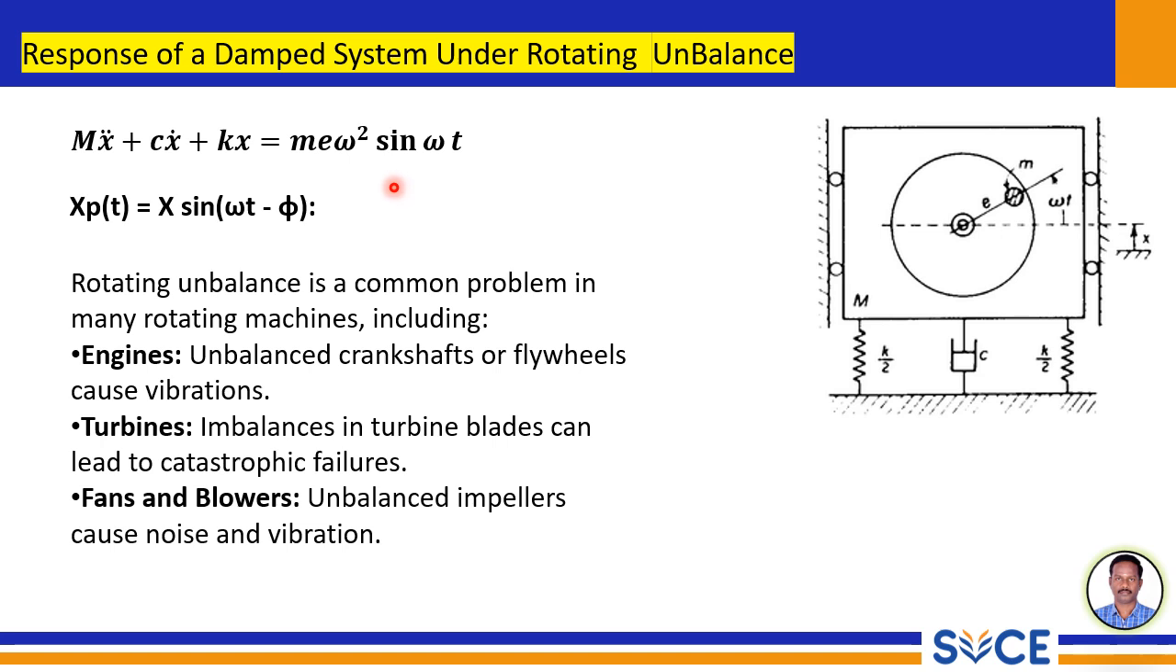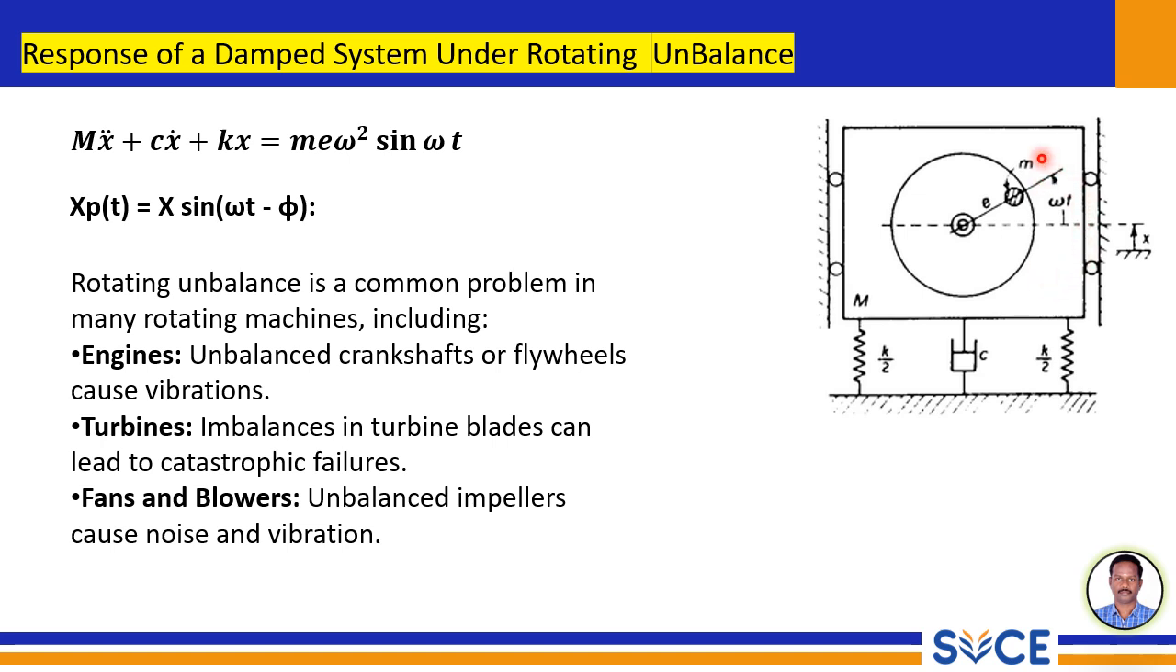Let's see what this is. m x double dot is the machine's inertia resisting acceleration. c x dot is damping, which dissipates energy, reducing the vibration. k x is the machine stiffness, that is springiness, which resists the displacement, whereas m e omega squared sine omega t is the forcing function representing the total unbalance. The m e omega squared is the magnitude of the centrifugal force, and sine omega t indicates its sinusoidal variation with